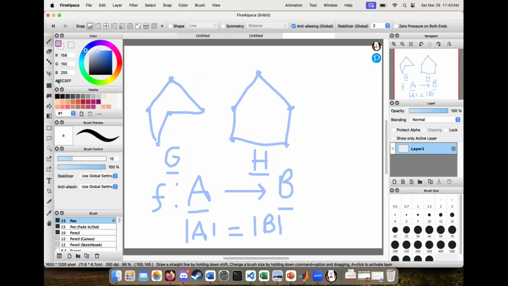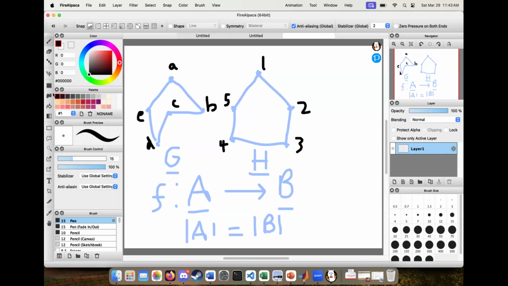So if I label this A, B, C, D, E, and this 1, 2, 3, 4, and 5, I can create my own function here. And if I write this out, I'll say that this function is defined this way. A function that goes from,